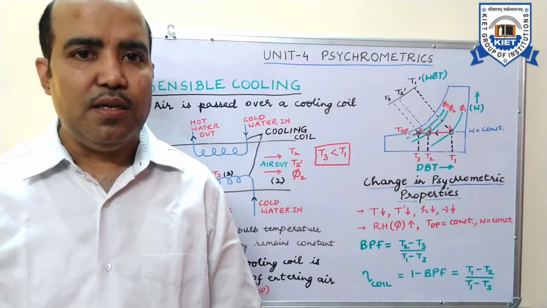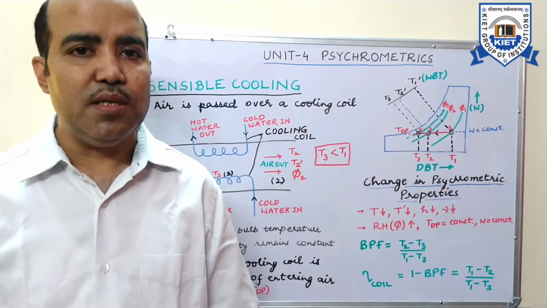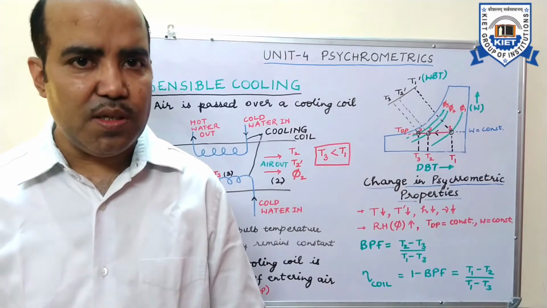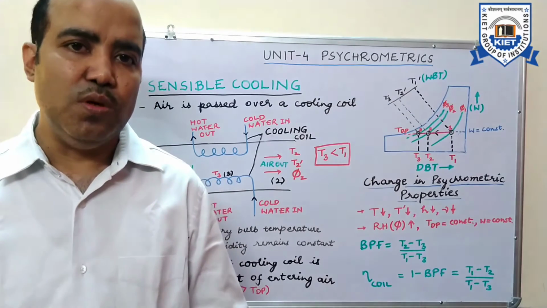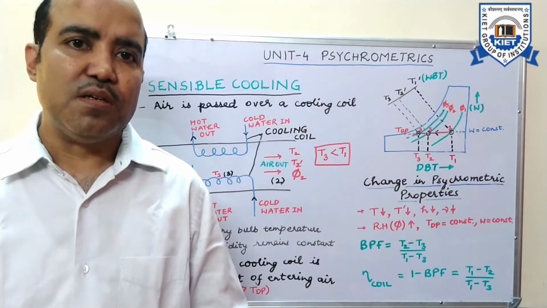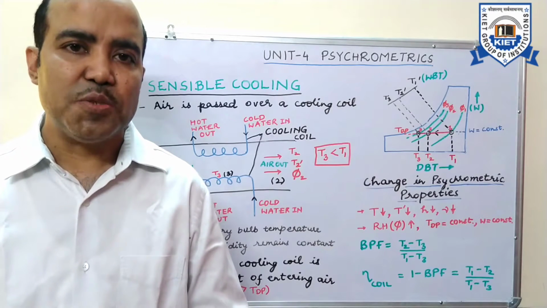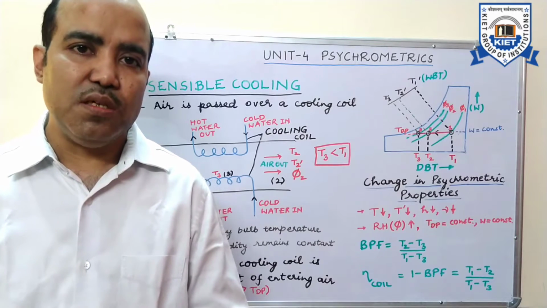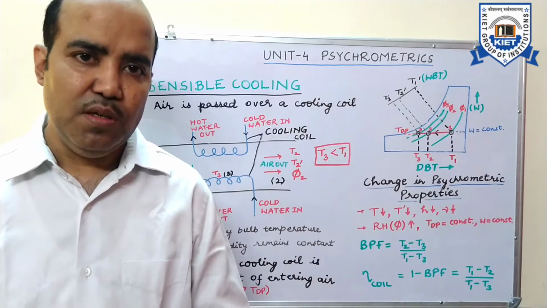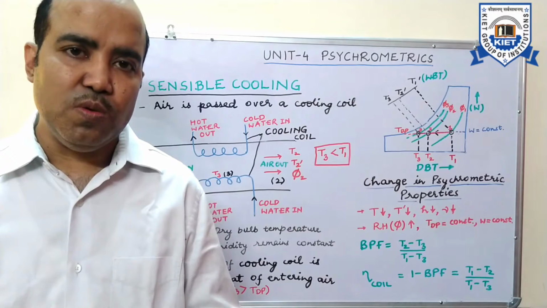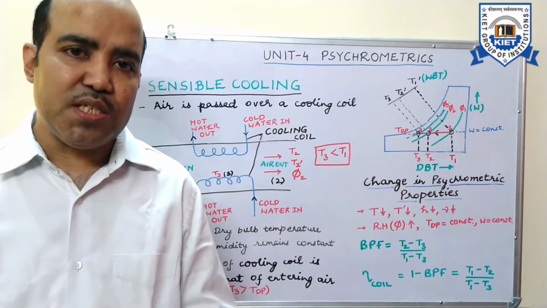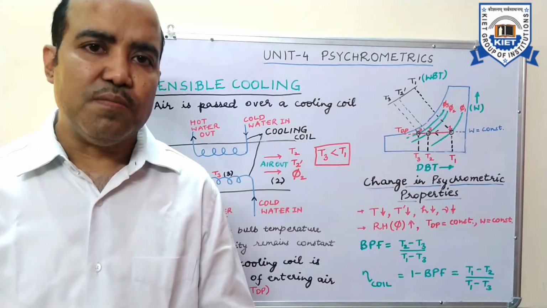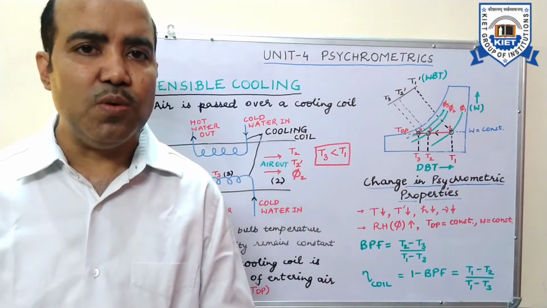In this lecture, I will discuss the psychrometric processes of moist air. That is, when the air is cooled in an air conditioning plant or heated for space heating, there are a number of processes to which moist air is subjected. For example, if we want to heat the air, the process is named sensible heating. And if we want to cool the air, then the process is sensible cooling.